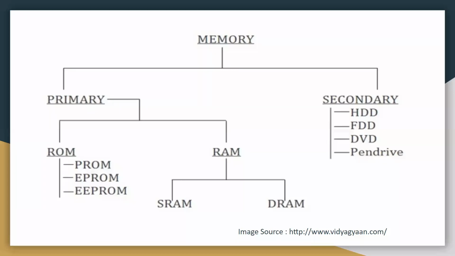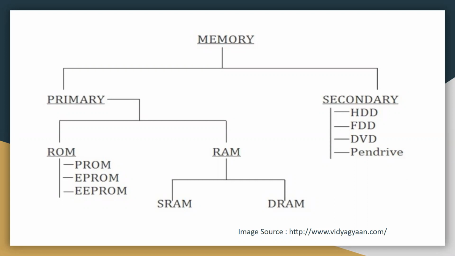So once you have written the instructions into it, you cannot change them. It will be there for a longer time. Most of the common examples of this type of memory are your washing machine, your microwave ovens, your calculators, and all the peripheral devices are part of it. When we talk about types of ROM, it is categorized into three: PROM, EPROM, and EEPROM.